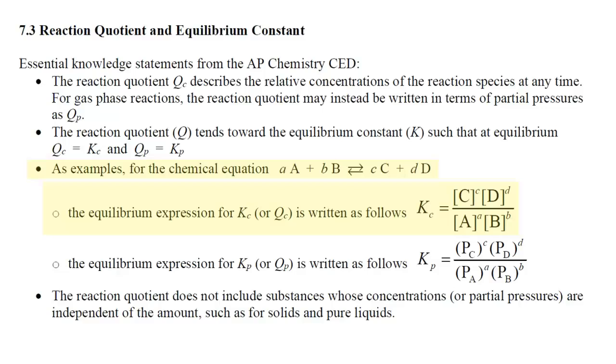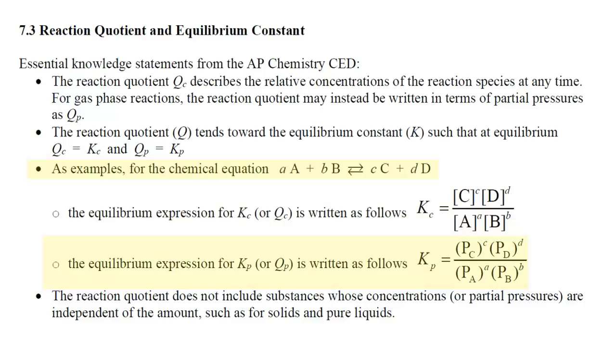And then times the concentration of the product D, again raised to the power of its coefficient from the chemical equation. In the denominator, it would be the concentration of the reactant A raised to the power of its coefficient from the chemical equation. And then also in the denominator, the concentration of the reactant B, again raised to the power of its coefficient from the chemical equation. So that is the generic representation of Kc, products over reactants, where hard brackets represent the concentration or the molarity